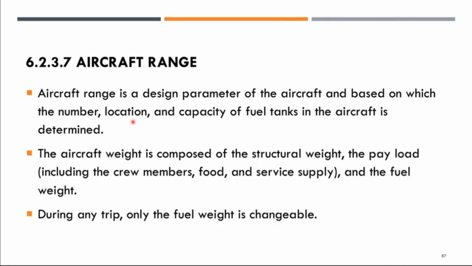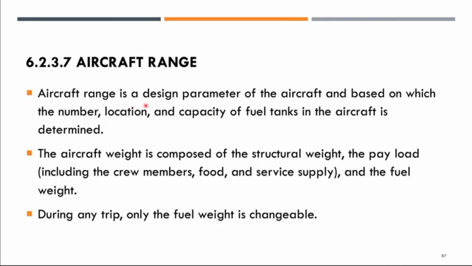So whether it is under the undercarriage of the aircraft, or the fuel tank is located at the wing box, or at the rear of the fuselage. How many fuel tanks, what the capacity is, and where they are located are also very important to determine